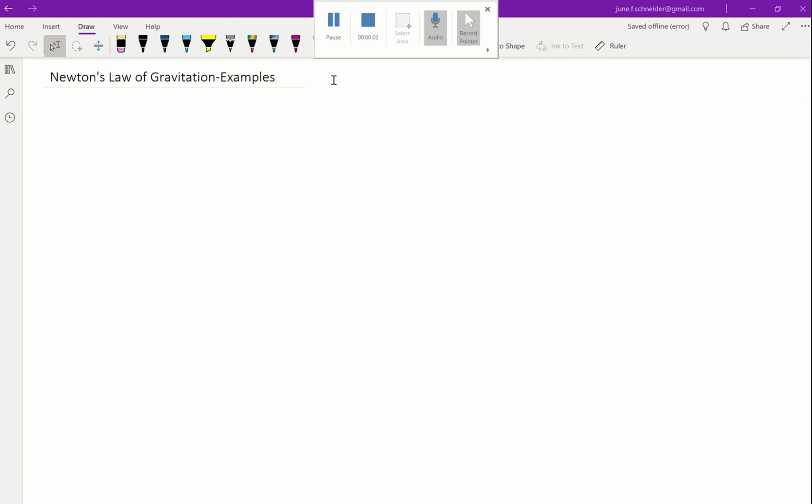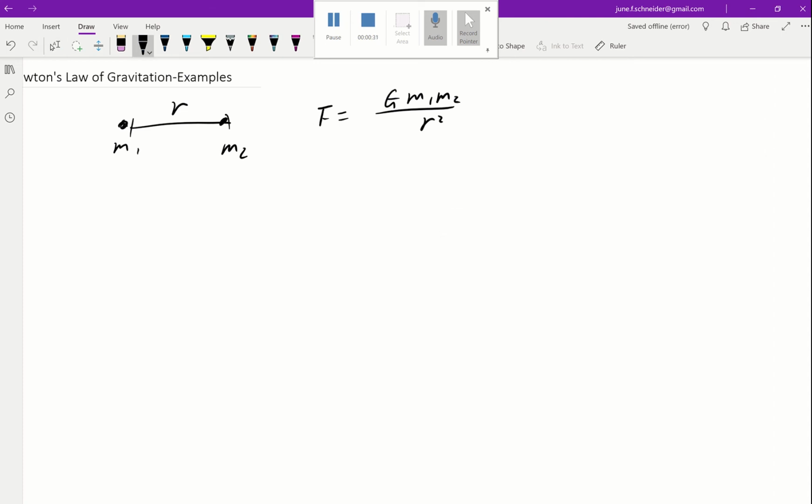Hello. In the previous video, we introduced Newton's law of gravitation. We understand it's the attraction force between two objects separated by a distance of r, and that attraction force is equal to G m1 times m2 divided by r squared, G being a constant value, the universal gravitational constant. And we used the example of the Earth and you,